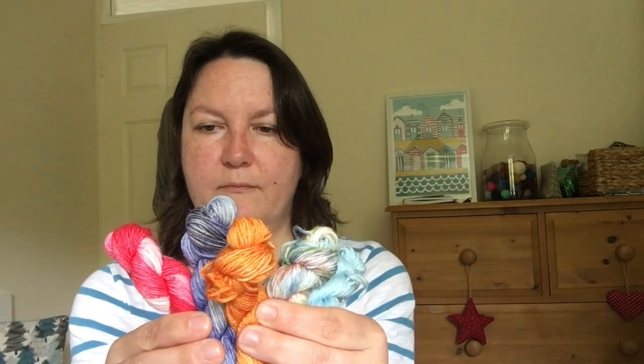They do look like spring flowers, don't they? Very pretty. Thank you, Helen. The other lovely yarn that has come my way comes from another UK dyer, Karen of the